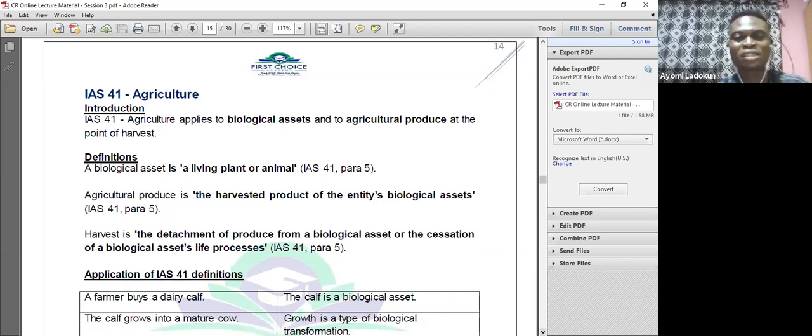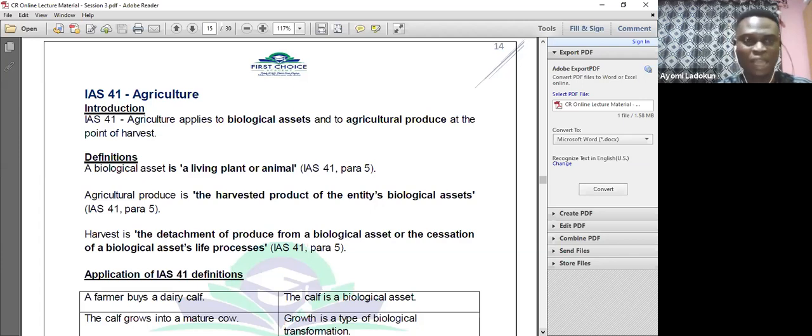Those are examples of non-adjusting events. As per IAS 10, a non-adjusting event only requires disclosure in the financial statements. That means we disclose the nature of the event and the estimate of the financial effect of the event. However, if a non-adjusting event will impact the going concern of an entity,